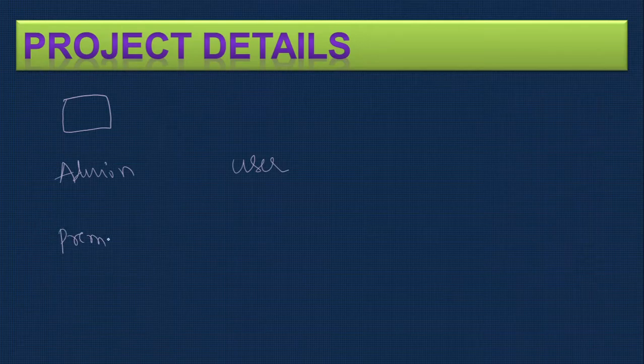What is the idea? What are the things we need to do in this particular project? As we all know, health insurance is now privatized and there are many players. There are so many companies that keep coming up, and they are going to provide the insurance. So they need an online service, so that we can provide two modules: one is the admin module and the other is the user module. A user can take up the policy online. In order to take the policy online, the important one is the premium. How much is the premium? In order to calculate the premium, you need to provide a premium calculator.